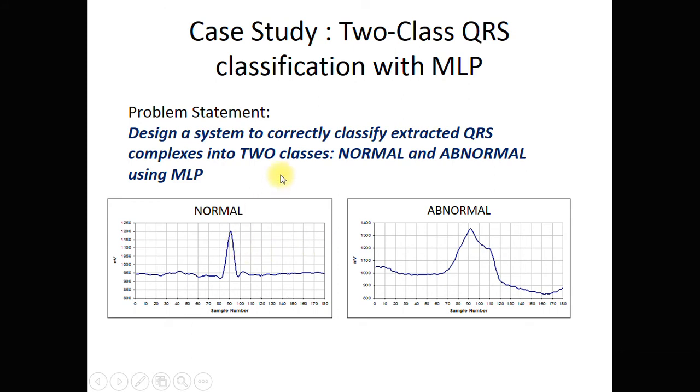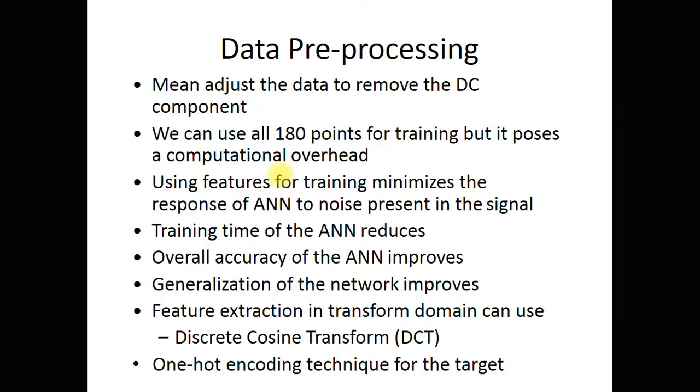Now visually we can make this kind of classification. That is how we don't require training for this. Just by looking at the patterns we can tell, and that is basically the power of the human brain. But if you want to automate that process, then we have to use artificial neural networks.